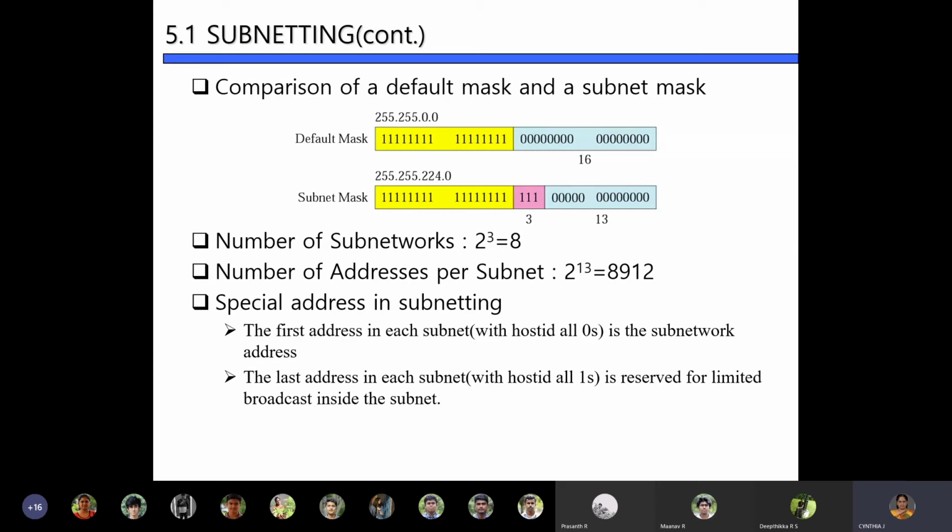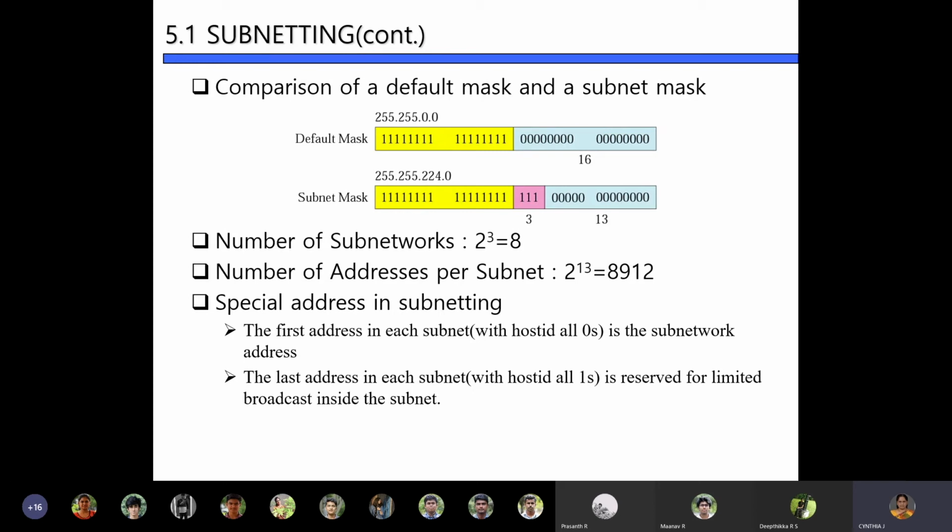The maximum number of subnets can be 6. For each subnet, you will have 0 0 1 followed by 2 power 13 different combinations, then 0 1 0 followed by 2 power 13 different combinations. Each one becomes a unique IP address. Therefore, each host will have a unique IP address.